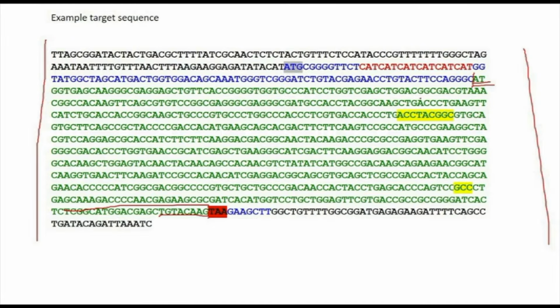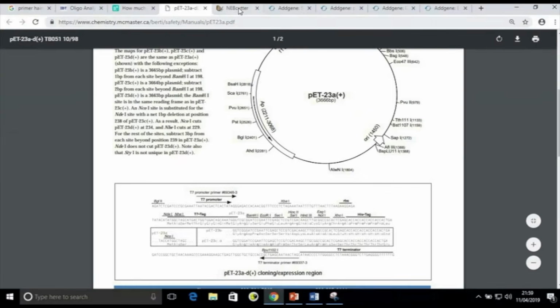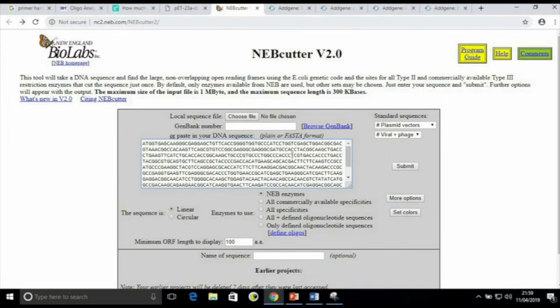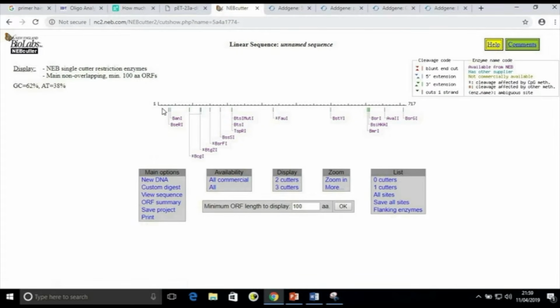So I will copy this sequence into NEBcutter and identify the non-cutters. I just copy the sequence, paste it here, and click submit. It will analyze the sequence and give the non-cutters.